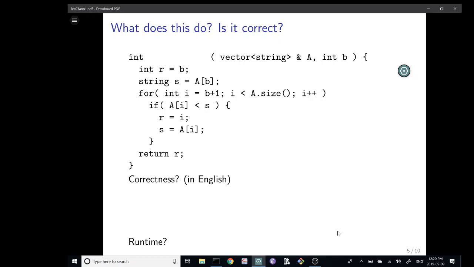If you come up with what it does and is it correct, then you can let me know, or call on somebody to let me know. So you talk amongst your neighbors, figure out what this thing does and whether it's correct.